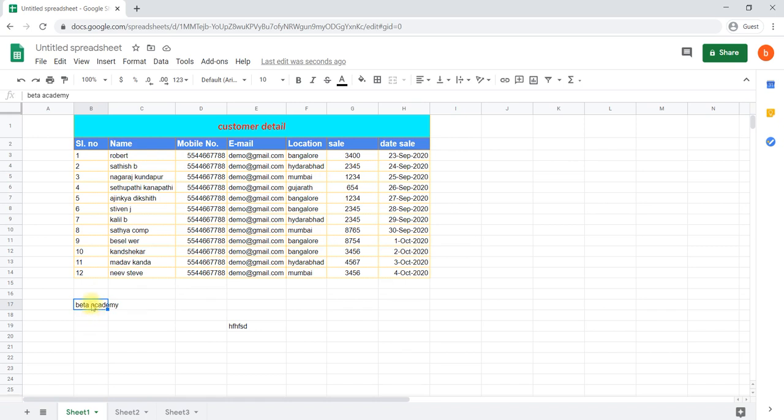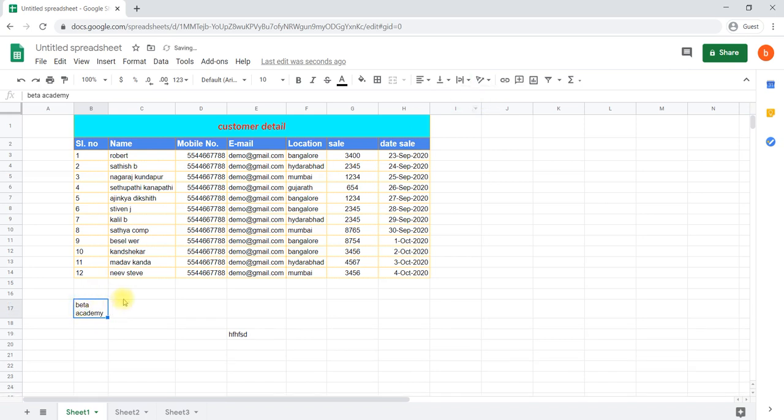How to get it done? Select that cell which you would like to adjust, go to text wrapping. There we have to select wrap. The second option is wrap, so that it will be adjusted to your column width. Automatically it will adjust to the column width.